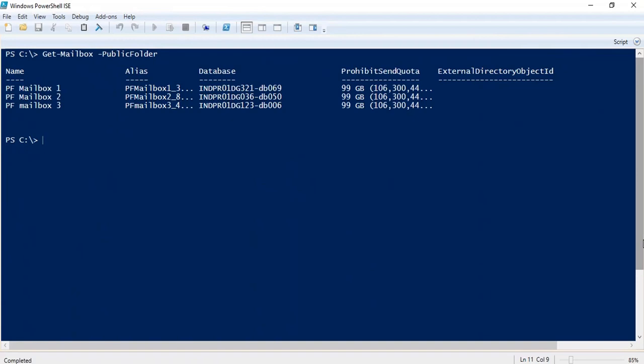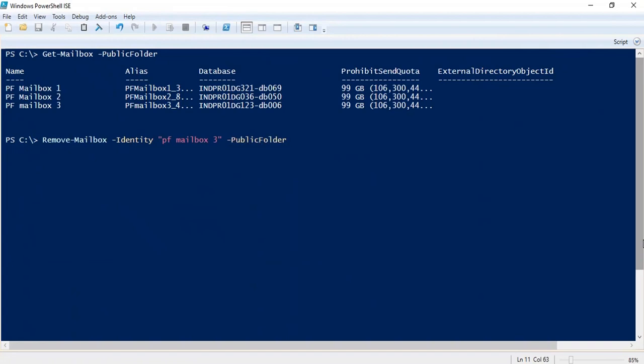If you want to delete a public folder mailbox, the command is Remove-Mailbox -Identity. Within identity, you will type the name of the public folder mailbox that you want to delete, and then you will mention one switch, which is -PublicFolder.